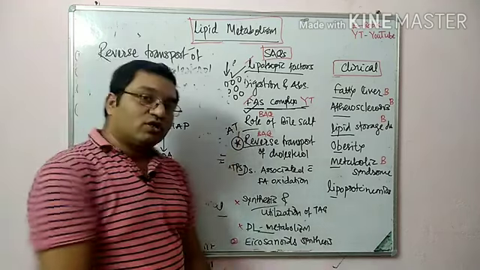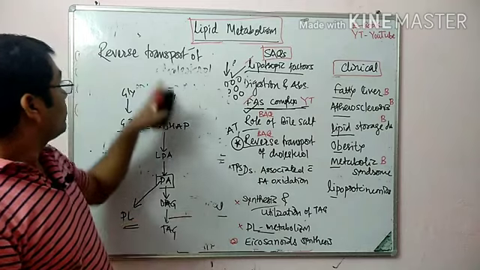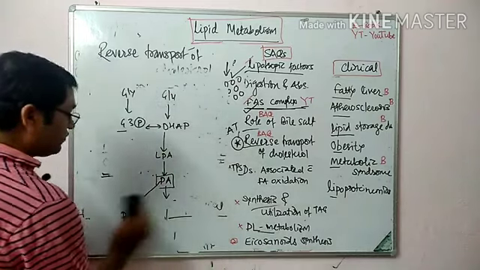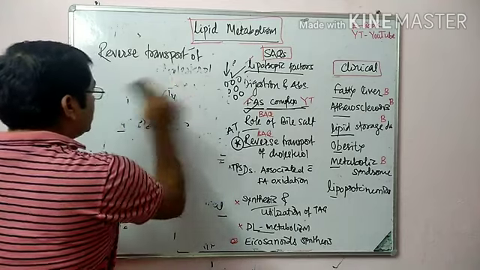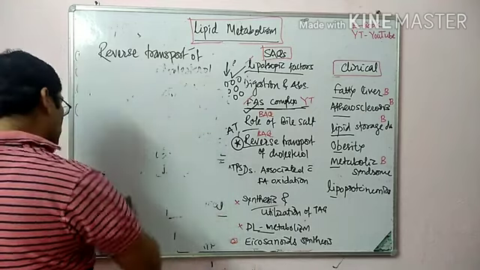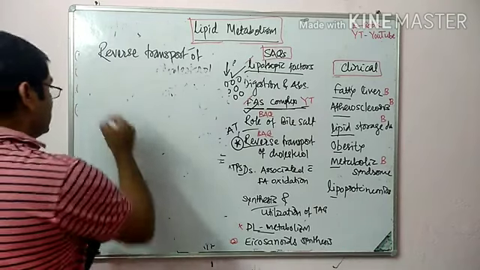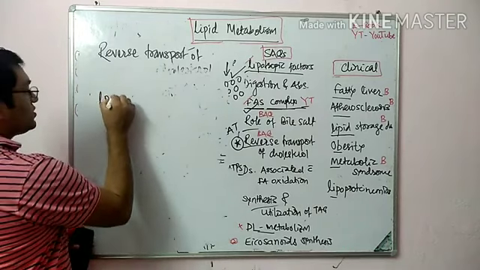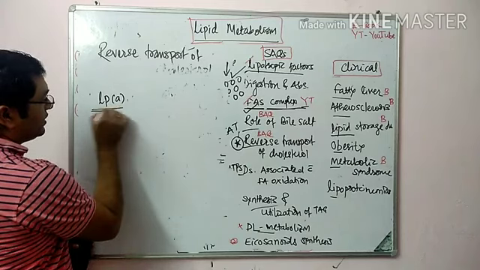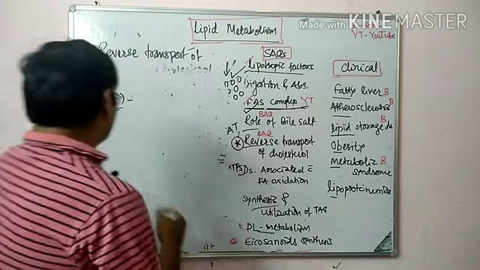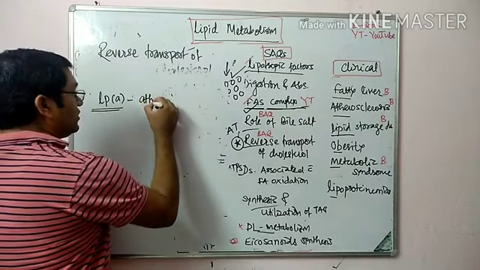So these are the important questions from LAQs and SAQs. Now two important questions we will discuss here. The first one is why lipoprotein(a), in bracket small a, is dangerous. It is atherogenic. It is also known as the little rascal.